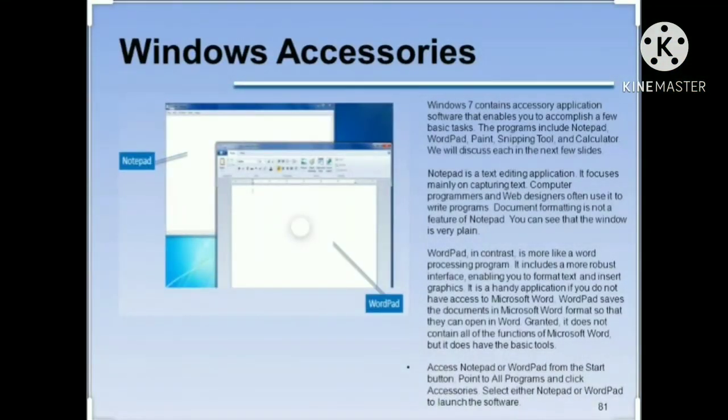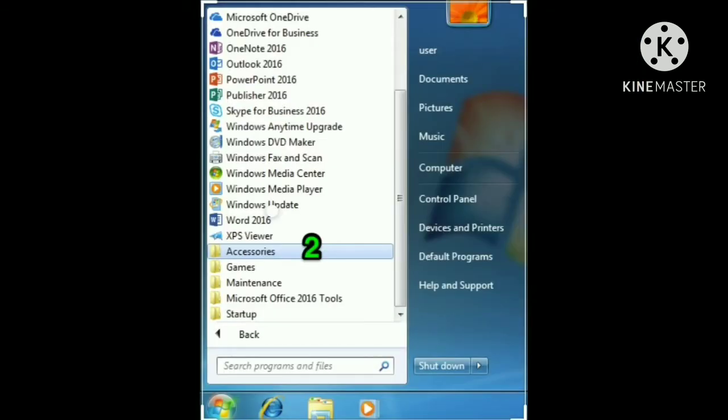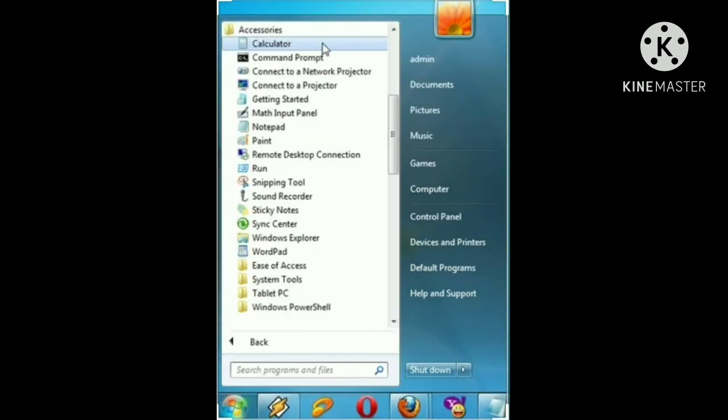Introduction. The Windows operating system ships with some handy applications known as Windows Accessories. Calculator, Notepad, Paint, Explorer, and WordPad are some of the most frequently used accessories. Apart from the above-mentioned applications, Windows has a few tools for ease of access and some system tools. We will be briefly talking about them here.